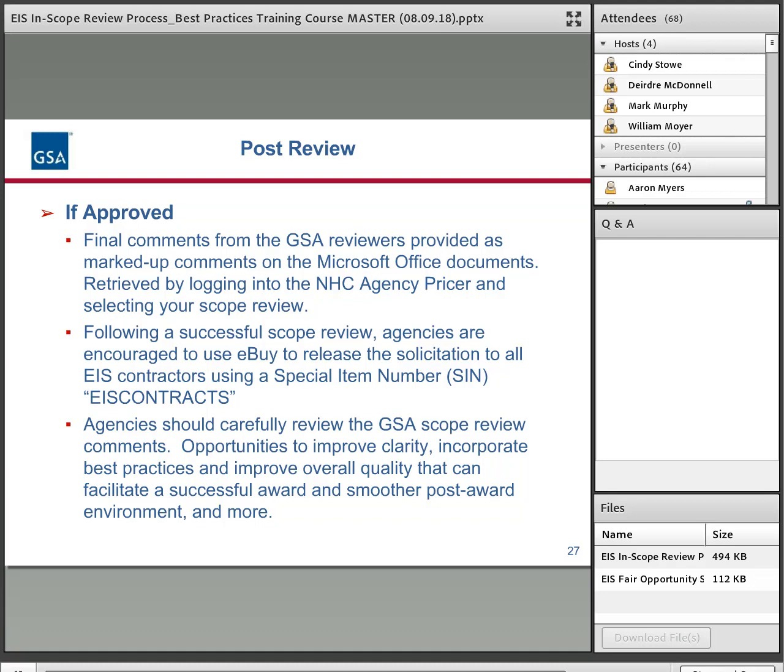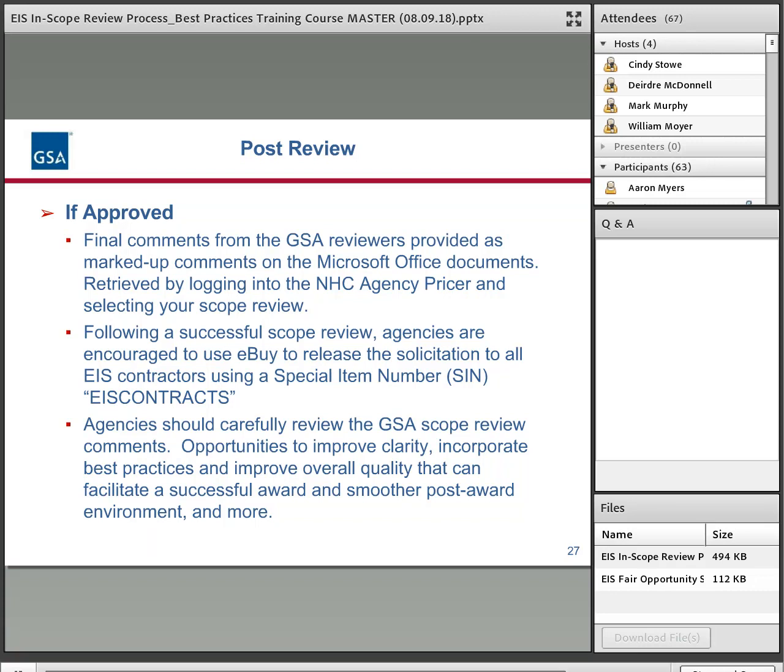And again, please review the comments, even if it's found in scope. Oftentimes there are things that do need to be corrected, and it's going to create confusion if those things are not corrected. We'll give suggestions on some best practices, but again, we're not doing a rewrite of the solicitation.